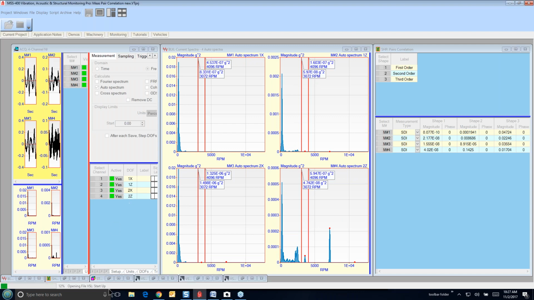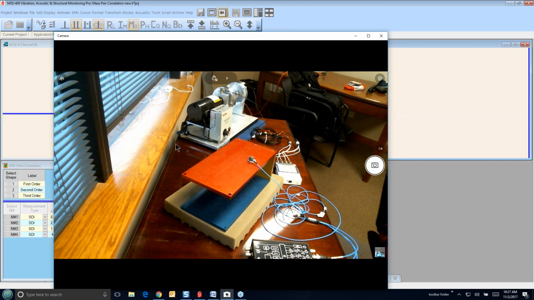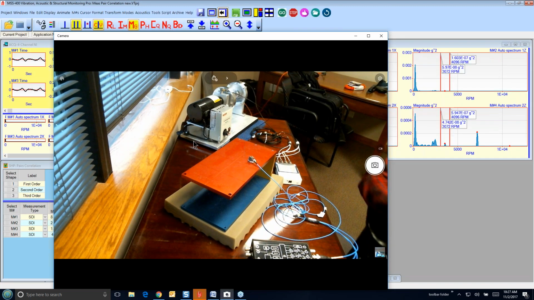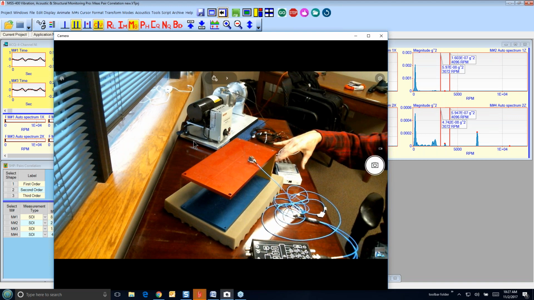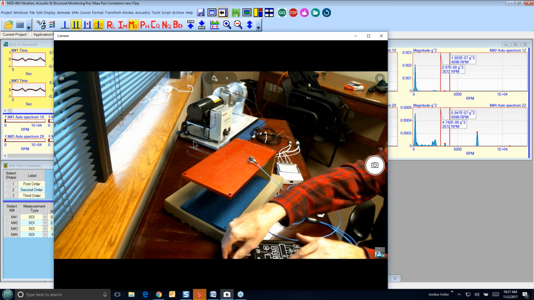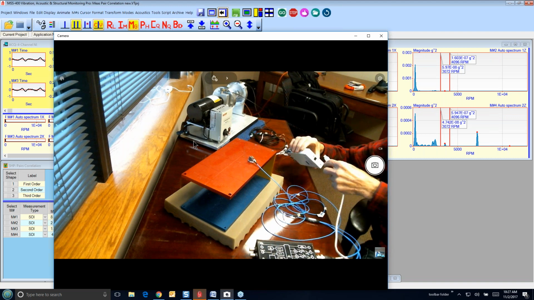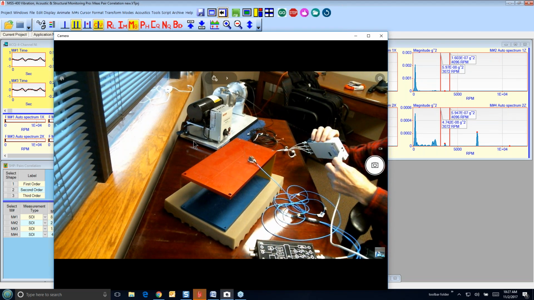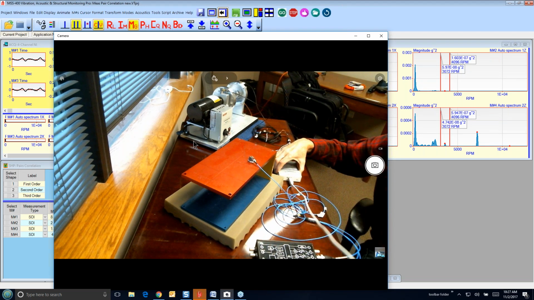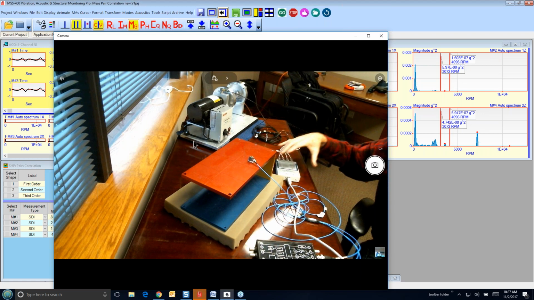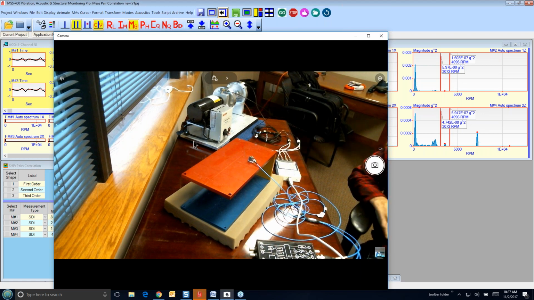Let me go back to the camera here, and so we're going to turn on this machine in the back. I've got a different 4-channel analyzer, so let me disconnect from the first one and plug into the second one here. Remember, Vibrant is a software company, so we're agnostic when it comes to hardware.